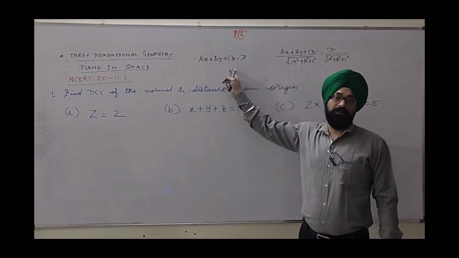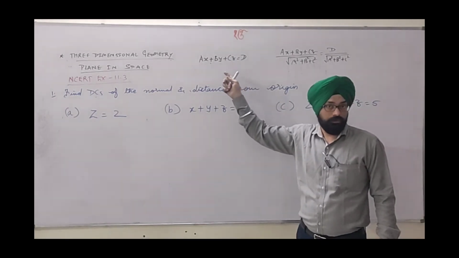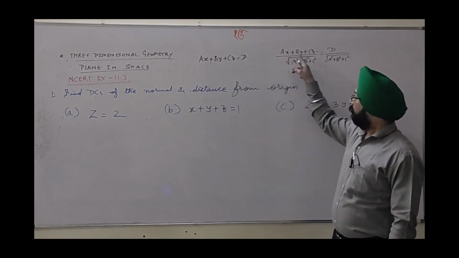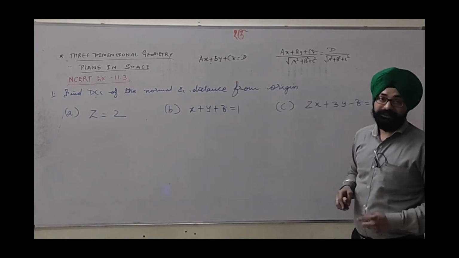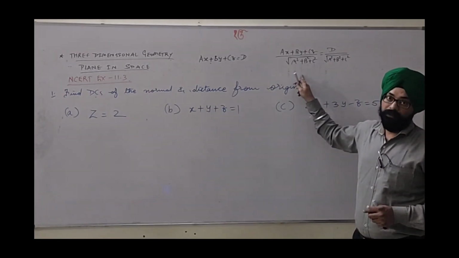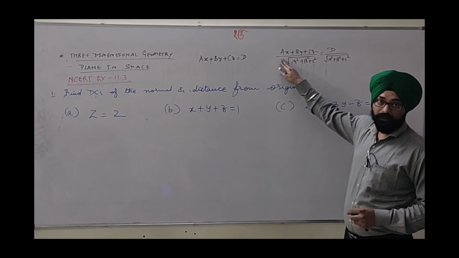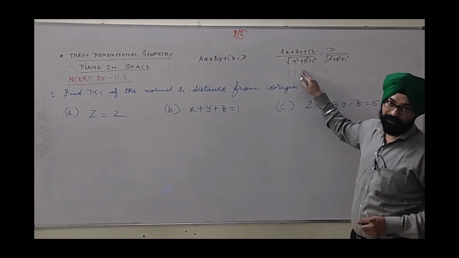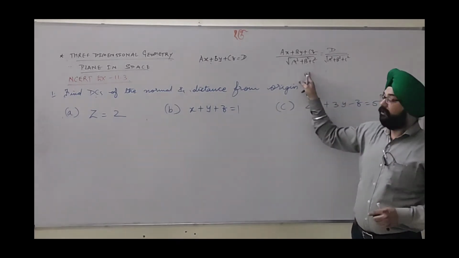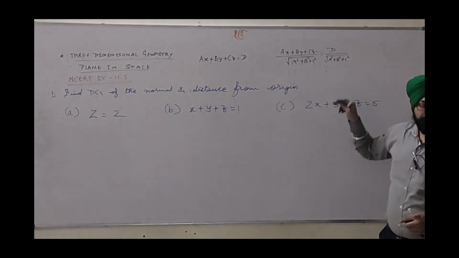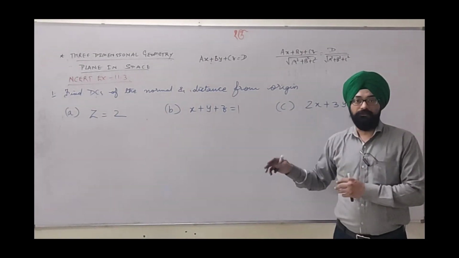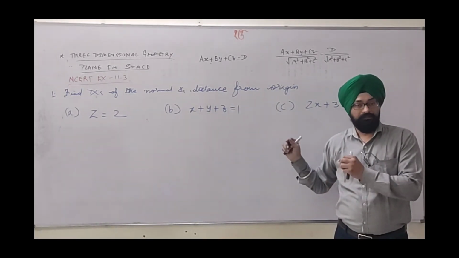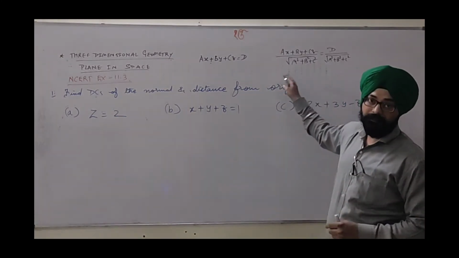So as I said, this was a vector perpendicular to the plane, but in this form these direction ratios transform into direction cosines now. Now when it is direction cosines, this becomes the normal form, and here the direction cosines are a upon under root a square plus b square plus c square, b upon under root a square plus b square plus c square, and c upon the same value. And the distance of the plane from origin will be d upon under root a square plus b square plus c square. This is a conclusion from the concepts we have seen. You can see, we have gone through the concepts and the derivation, but the application part is different.